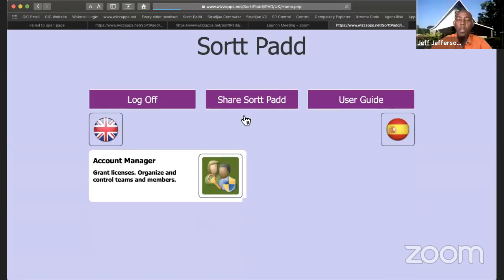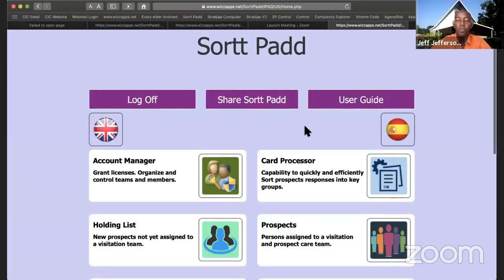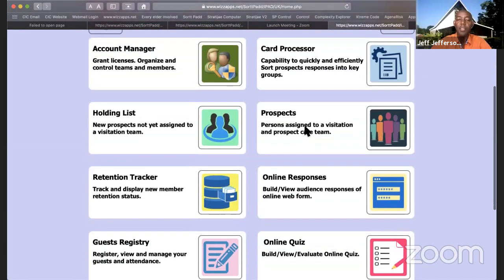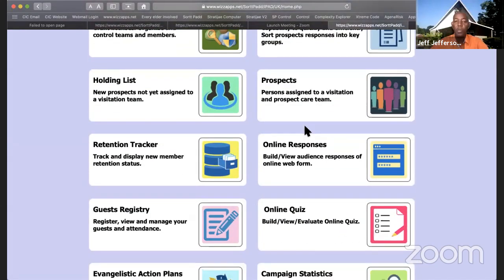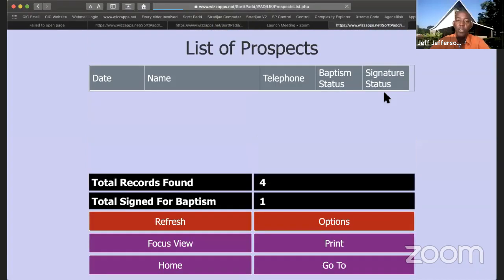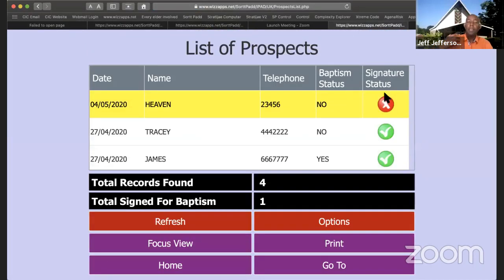Great. So now that you have registered persons and you have hundreds of people on your database, the question is, how are you going to follow up with these individuals? You can post each name and contact to a prospect care team, which is a Bible worker team or a small group. And I'm going to show you how you do that in a moment. When you post the individuals to the prospect team, when you open the application and go to prospect, you will have the names of the persons, you will have their contacts,